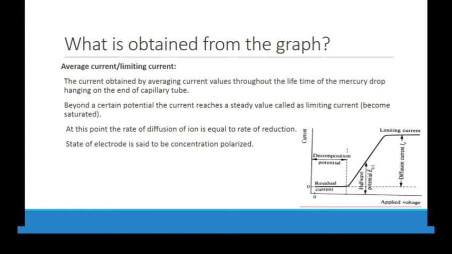Once an ion reaches the surface of the cathode, it will reduce. So it is one by one. Before it, there is a sudden increase in current, because all the ions move towards the cathode and start to reduce on the surface of the cathode.